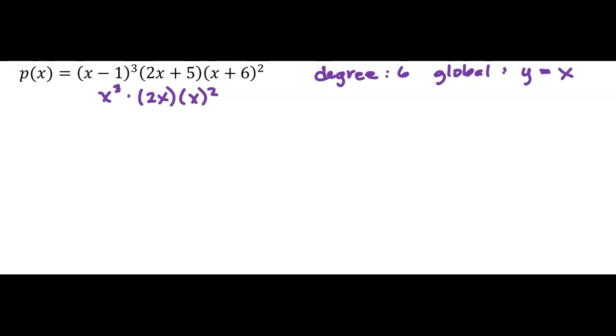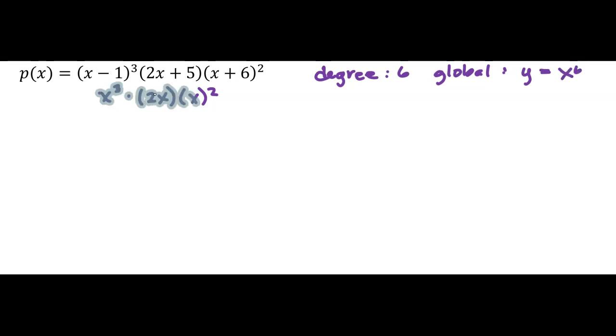So first thing, if I'm trying to figure out degree and global behavior, I'm going to imagine that out of this first one, I get an x cubed. Out of the second one, the biggest power I see is going to just be a 2 times x. And then out of the last one, the biggest thing I get would be an x squared. So when I multiply that together, I'm going to get a positive 2x to the 6. So it's degree 6. And my global behavior is going to be like a y equals positive x to the